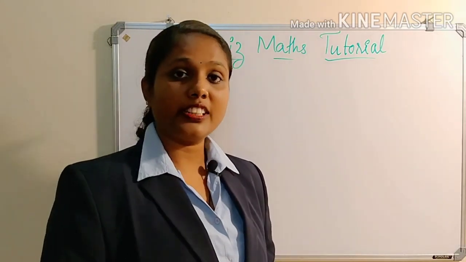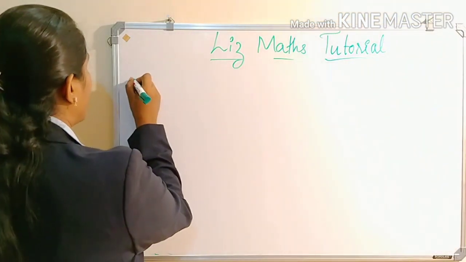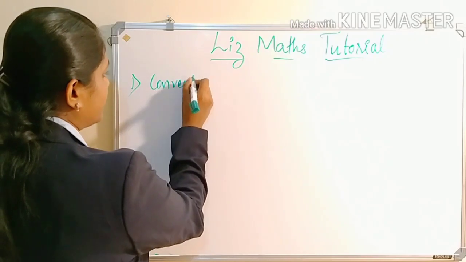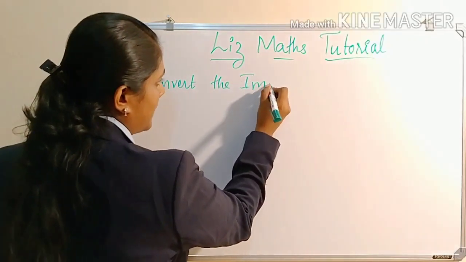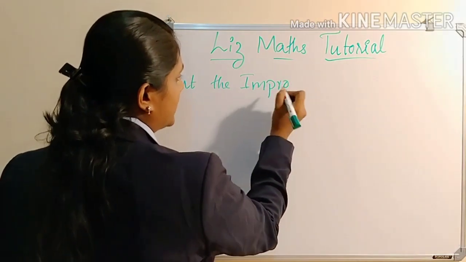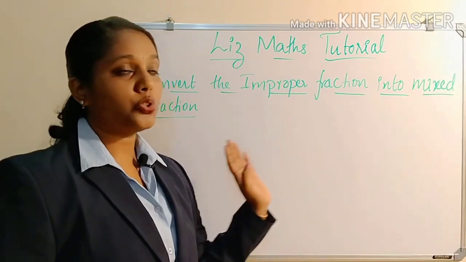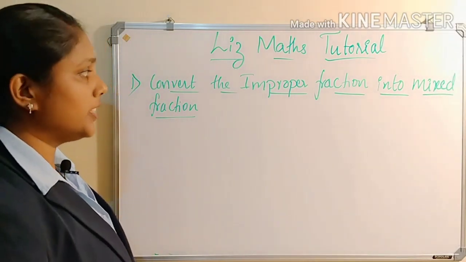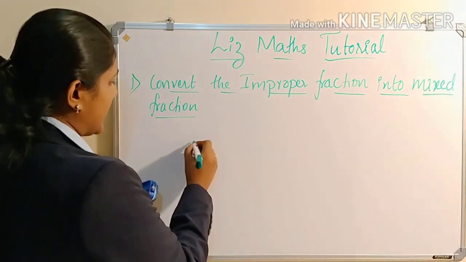How to convert a mixed fraction into an improper fraction and how to convert an improper fraction into a mixed fraction. Both we are going to learn. First, how to convert an improper fraction into a mixed fraction. So how can we convert? Let me take one example of an improper fraction, that is